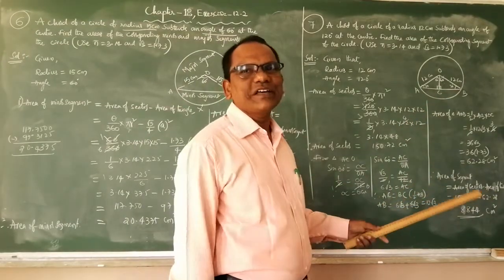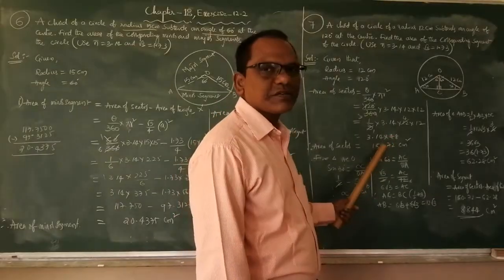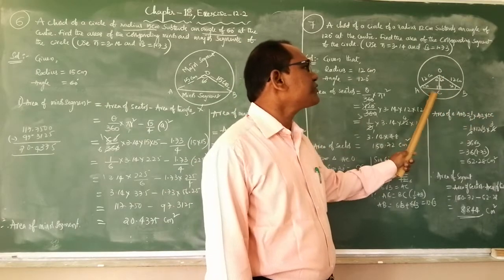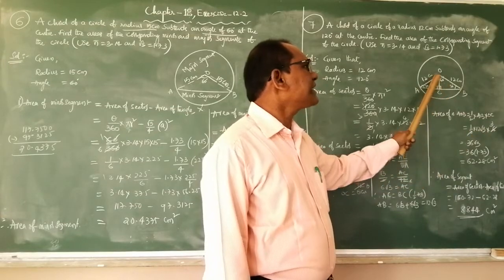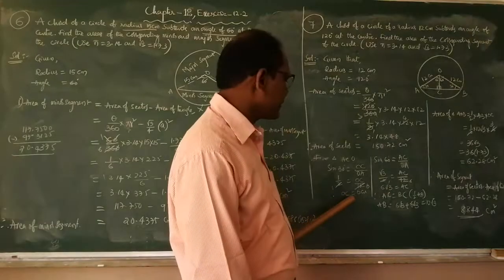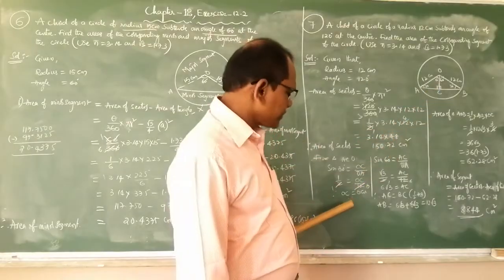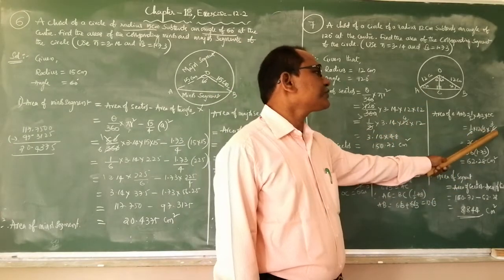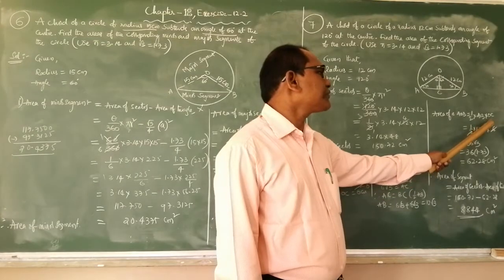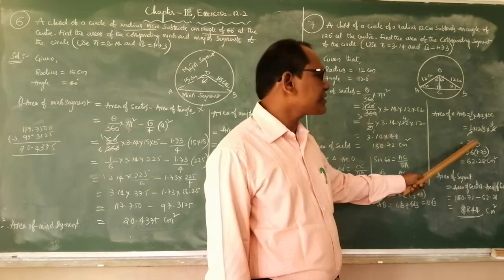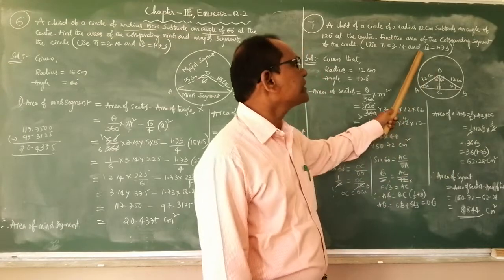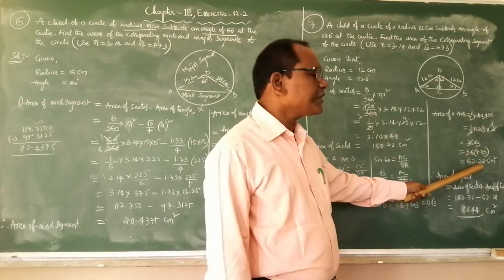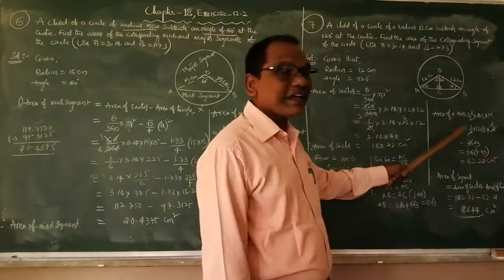Now we are going to find the area of the triangle. We have the area of the sector. Area of triangle AOB is half base into height. The base is 12 root 3 and the height is 6, since OC equals 6 cm. 2 ones are 2, 2 threes are 6, then 12 into 3 is 36. So 36 root 3, with root 3 value 1.73 given here. 36 into 1.73 is 62.28 square centimeters. That is the area of the triangle.